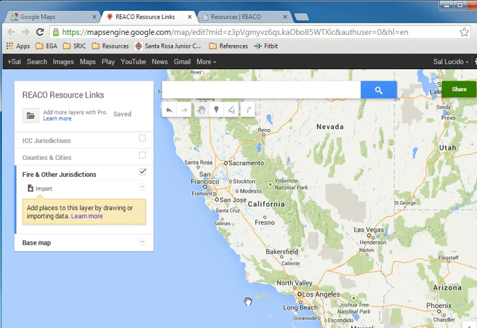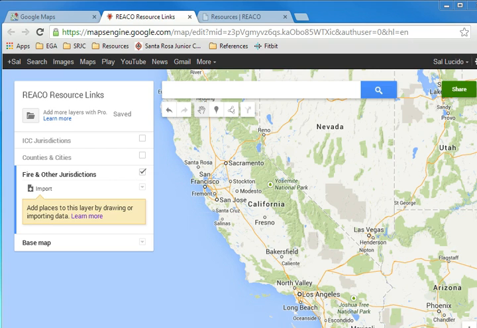So on another browser, where you can't see it here, but off to the side, what I've done is gone ahead and found on the website this service, this jurisdiction that I'm looking at. I don't know if this is the right one. You'll have to kind of look at it. This is just a sample, but it's a County of Sonoma Fire and Emergency Services Department is the website that